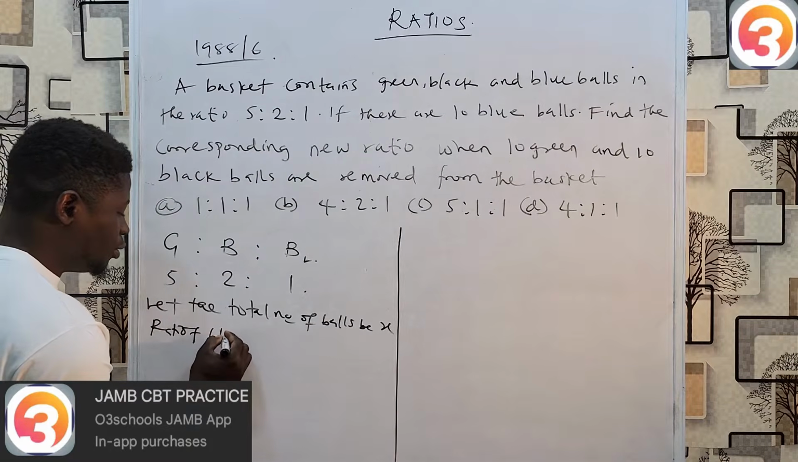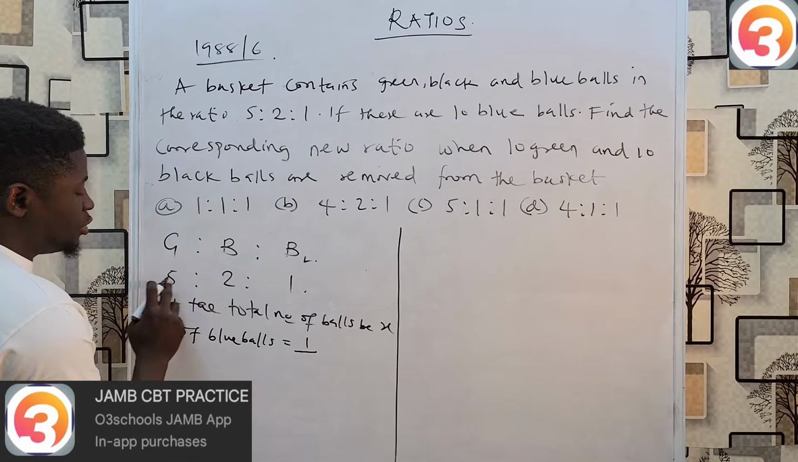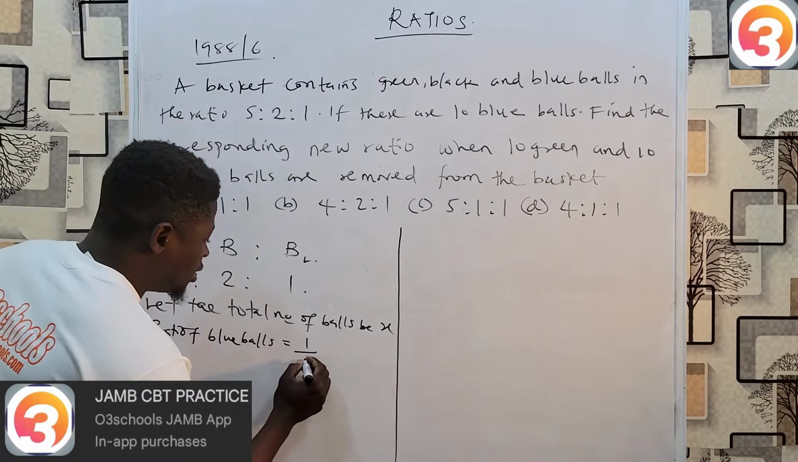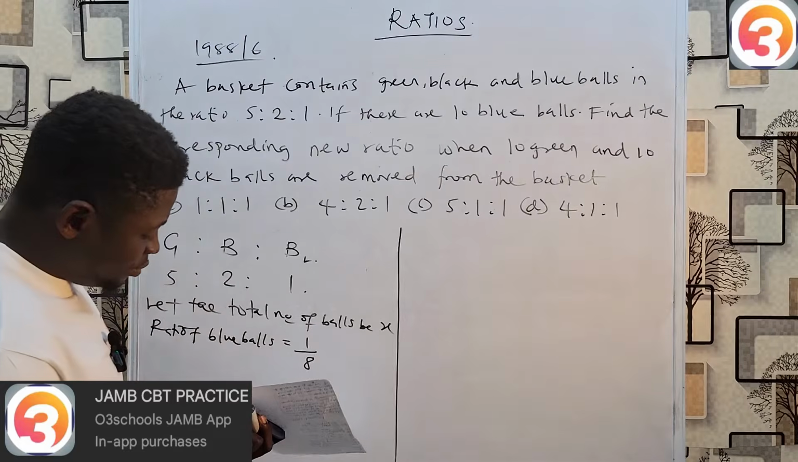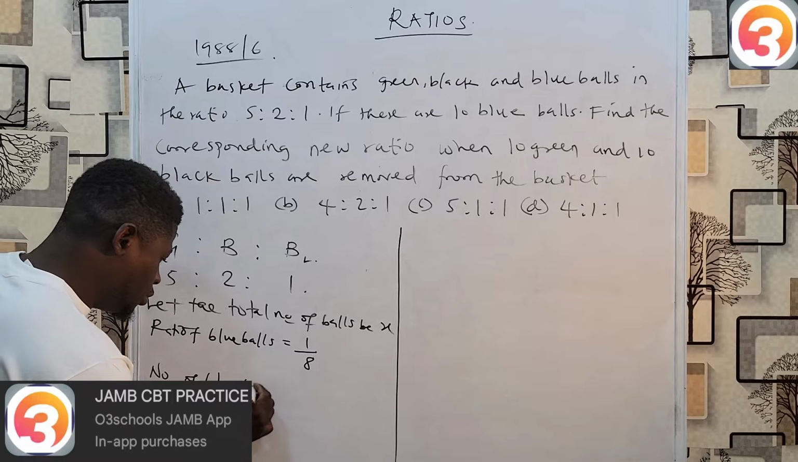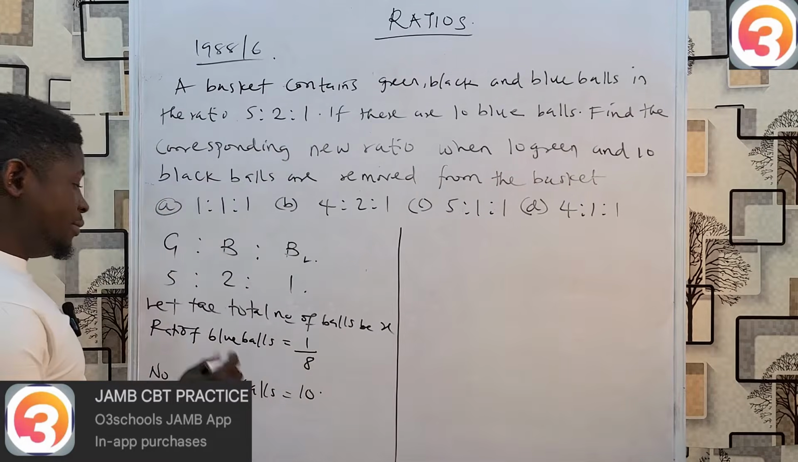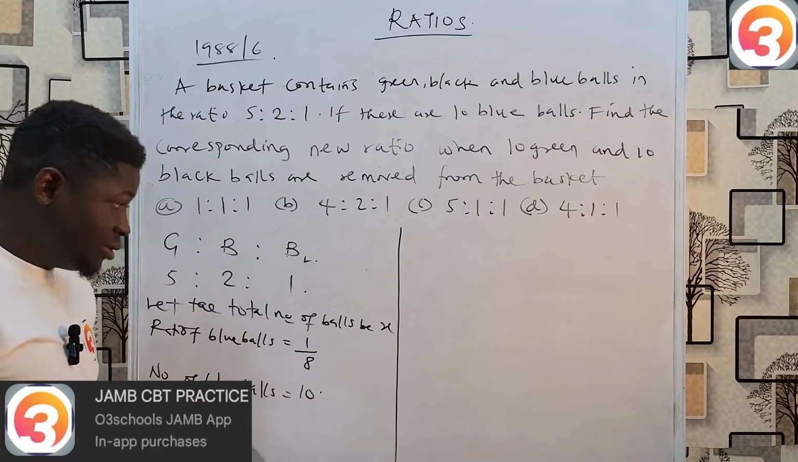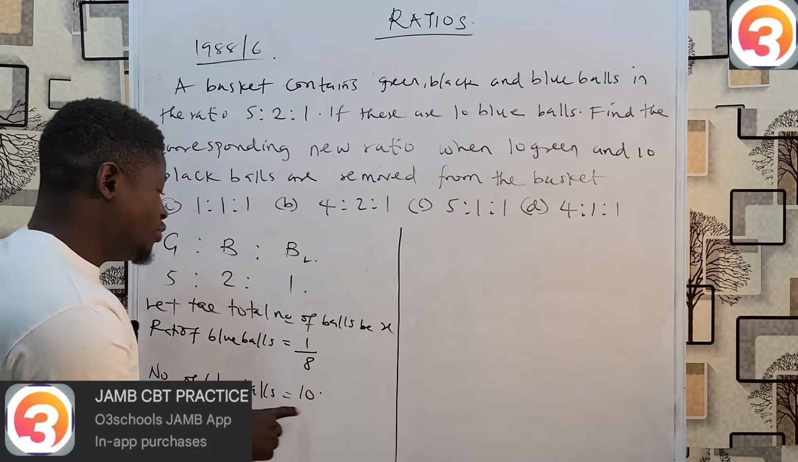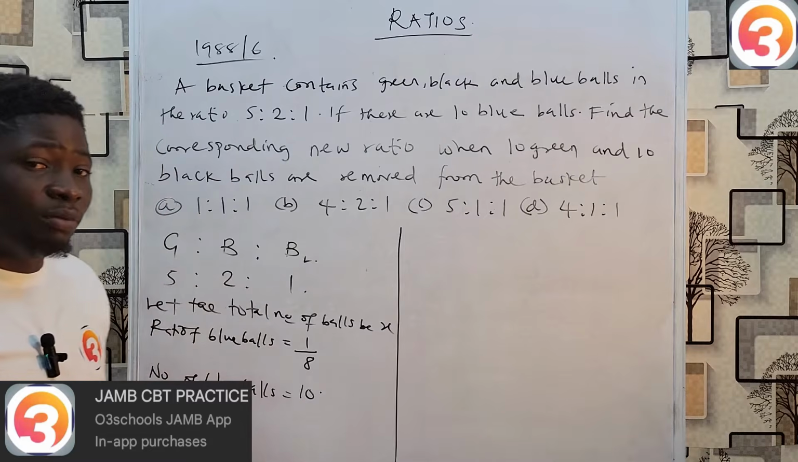The ratio of blue balls is 1 over what? The total ratio is 5 plus 2 plus 1, which is 8. So it's 1 over 8. Now the number of blue balls is 10. The total number of balls is x, we know the ratio of blue balls is 1 over 8, and we know the number of blue balls is 10. So to find this x, the total number of all balls in the basket,